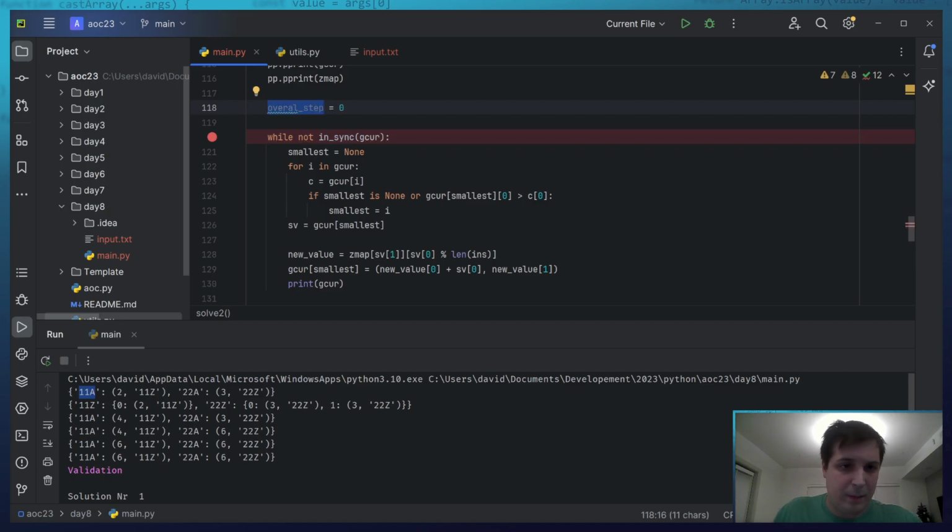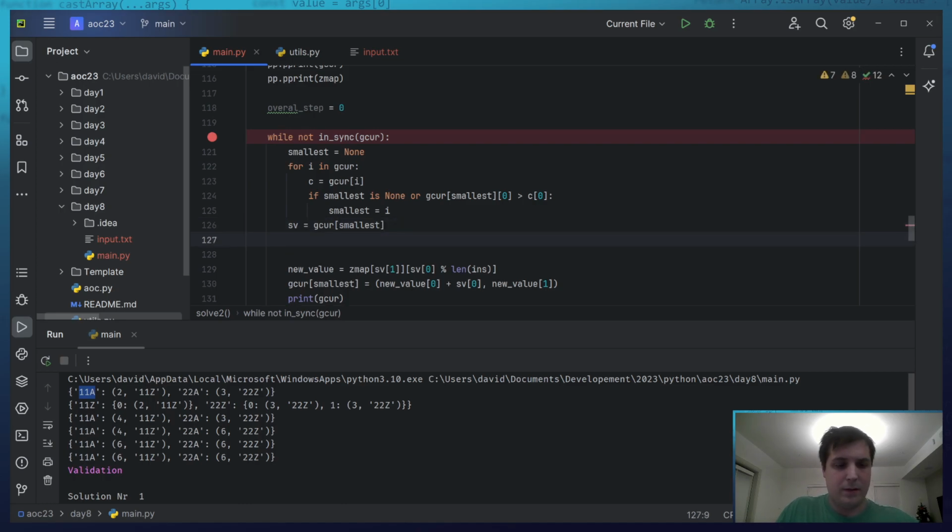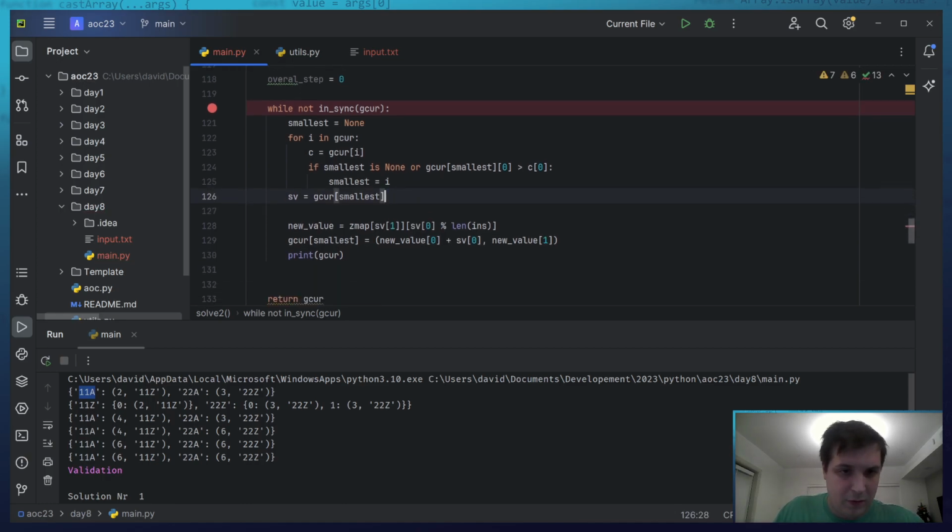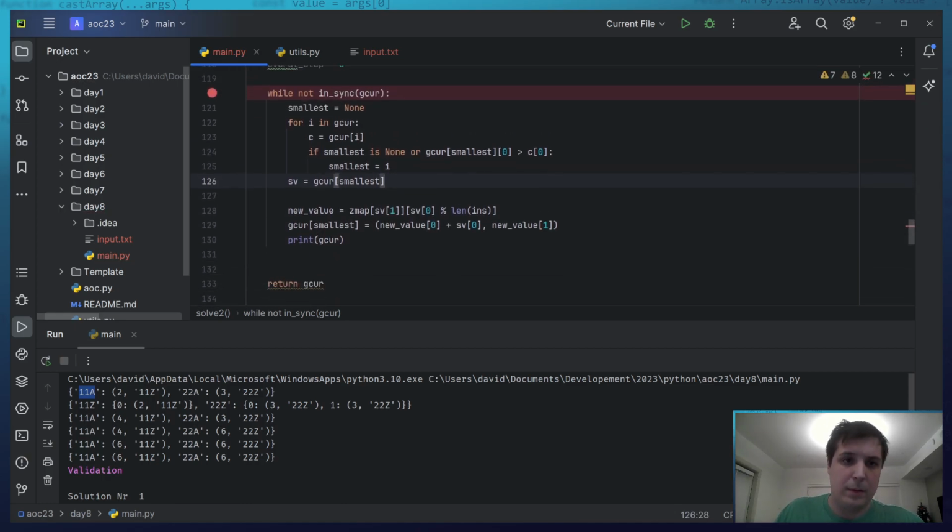And I can just keep track of whatever, because eventually they should be the same. Overall step equals SV 0, but not like that. There.